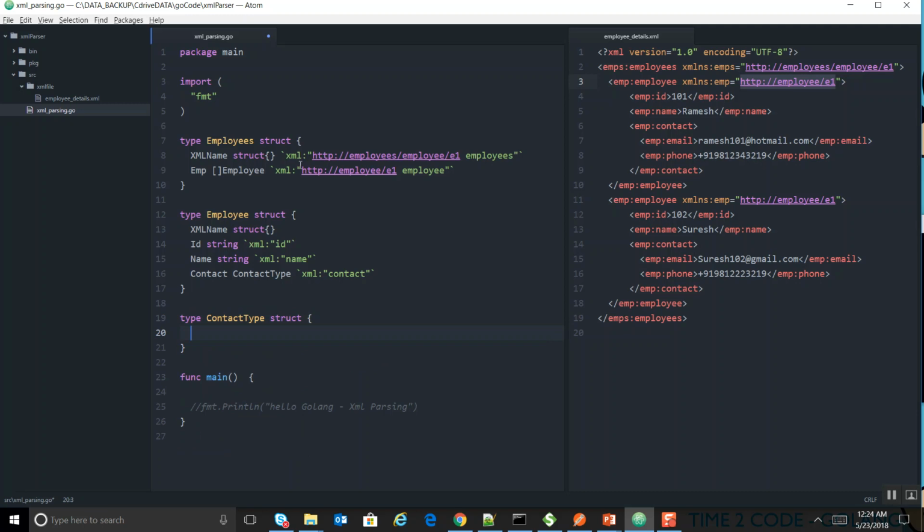It has two fields, email. So before that, XML name struct, email, XML colon double quote email, one string, XML colon double quote phone. Okay, so our